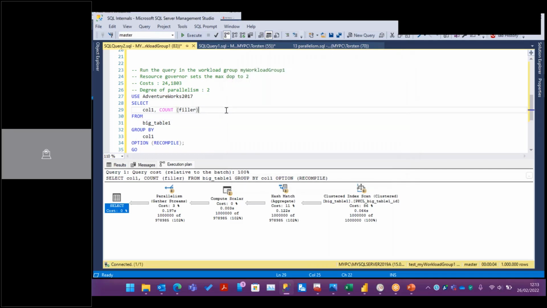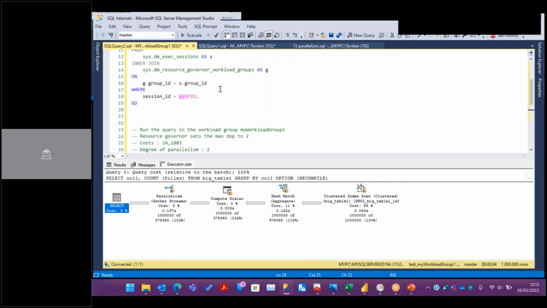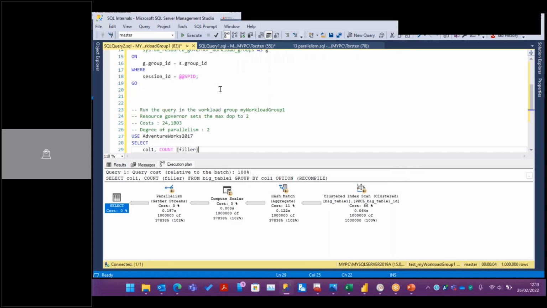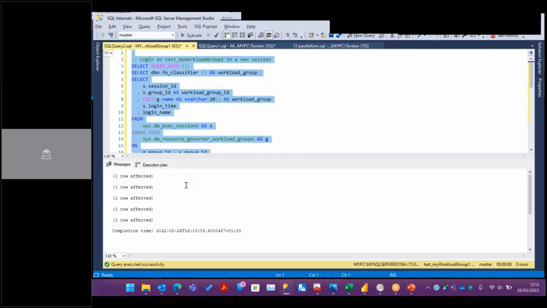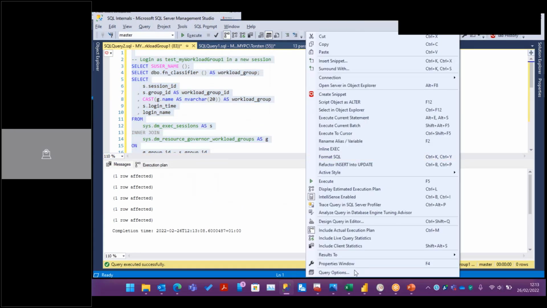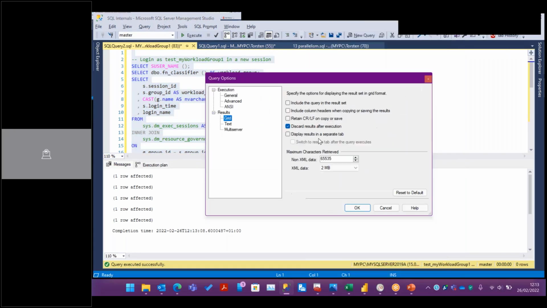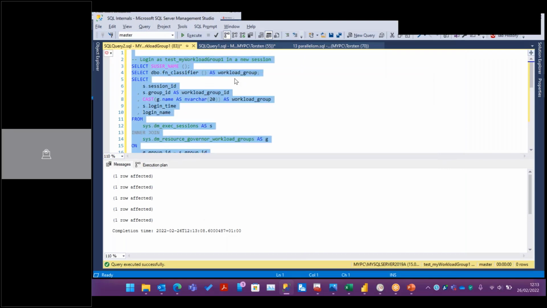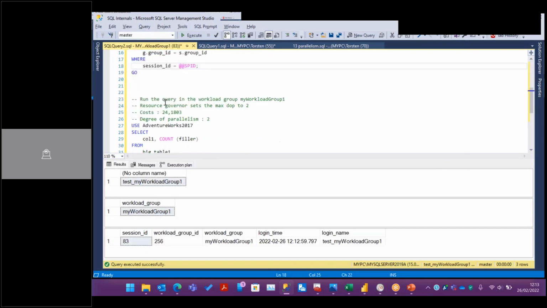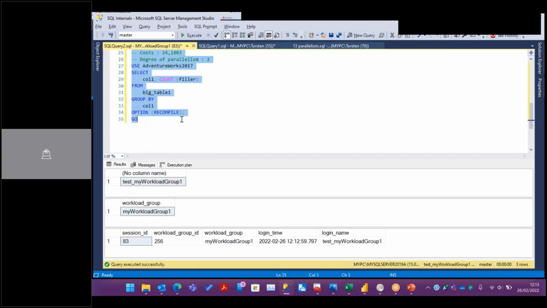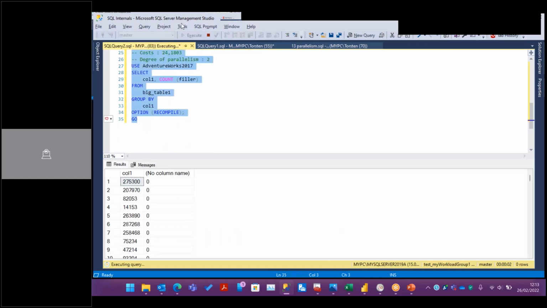Yes, I think that's already more than enough. When I execute the same query another time, we can, okay, it was a bad idea because I cannot show you the result. Anyway, I'm now connected with the workload group another time. And when I execute the same query as before, you will see that this time it takes a little bit